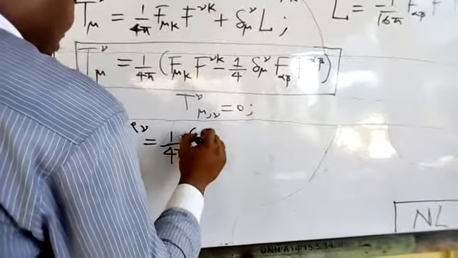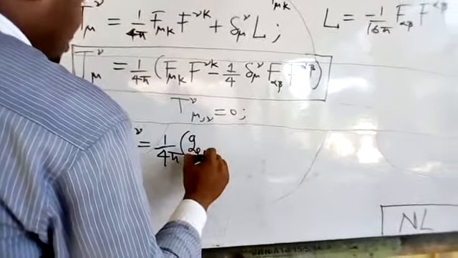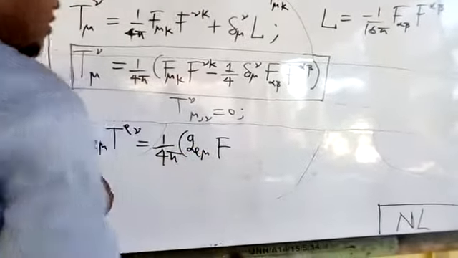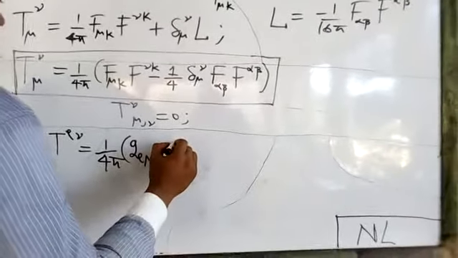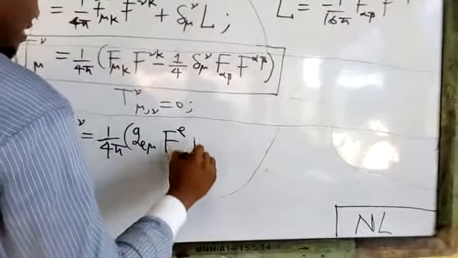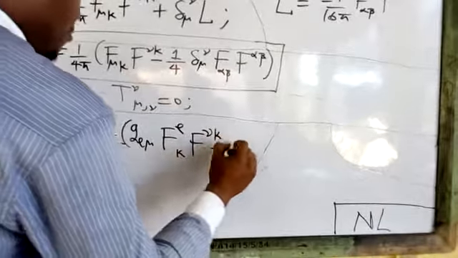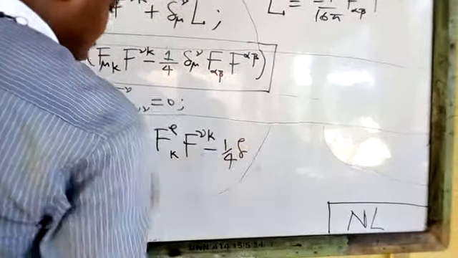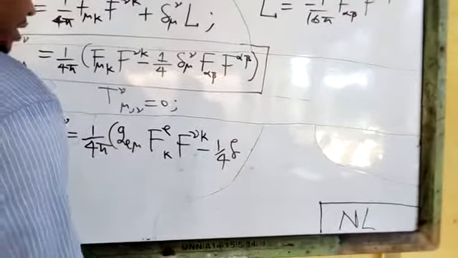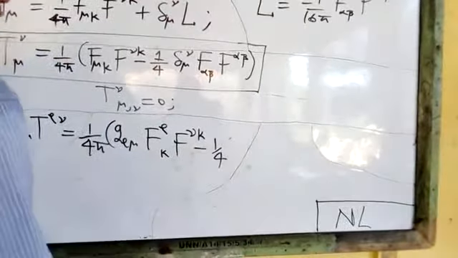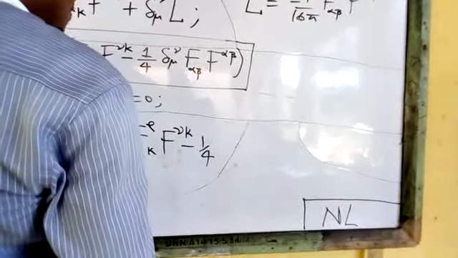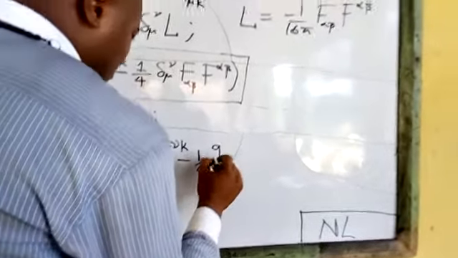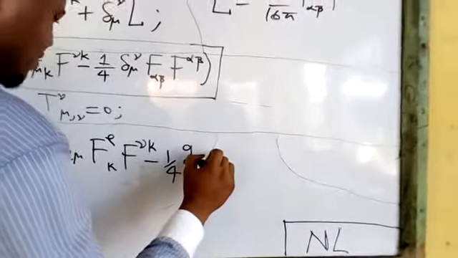I'm going to have again G rho mu here, and this is going to give me F. Of course, what I'm going to have again is rho, and then kappa, F nu kappa, minus 1 over 4. Again, the G rho mu follows me all along, everywhere, so I'll be raising it. Again, even though this is just a Kronecker delta, let me just have that multiplying through. So one thing you can say,